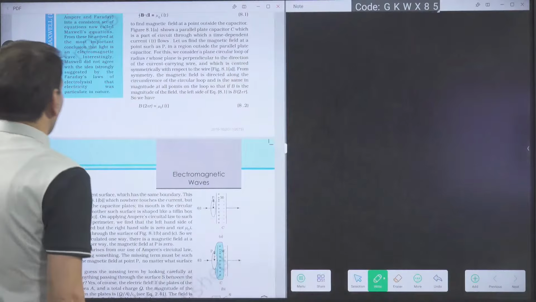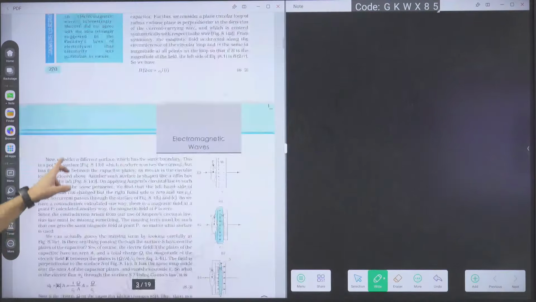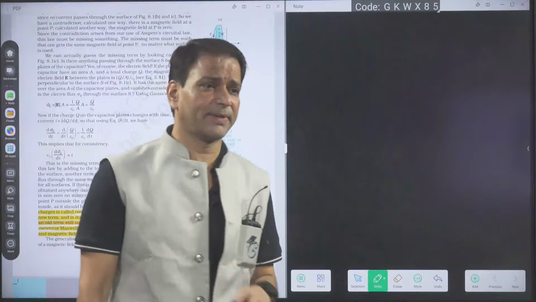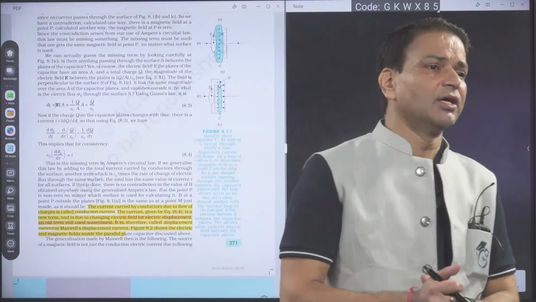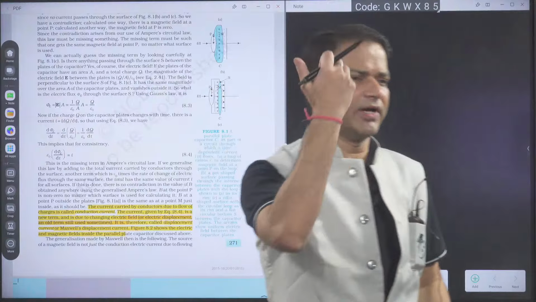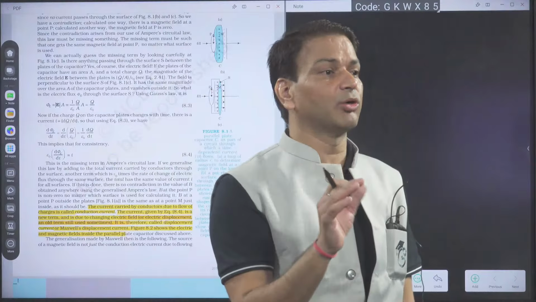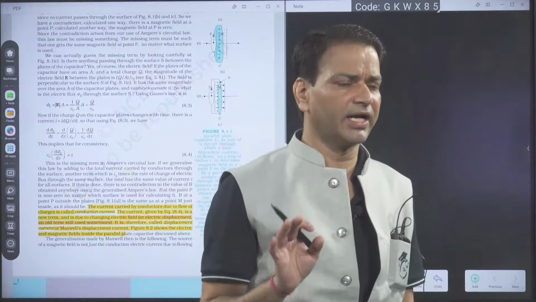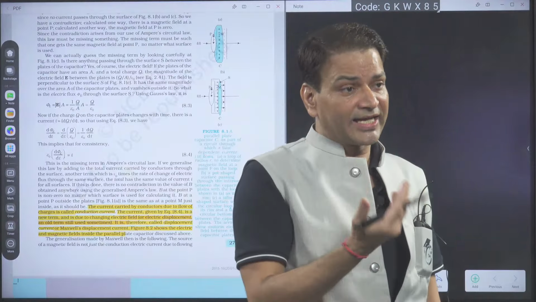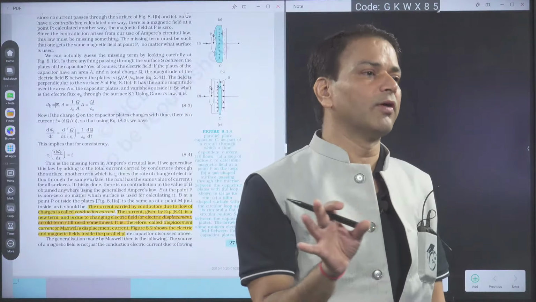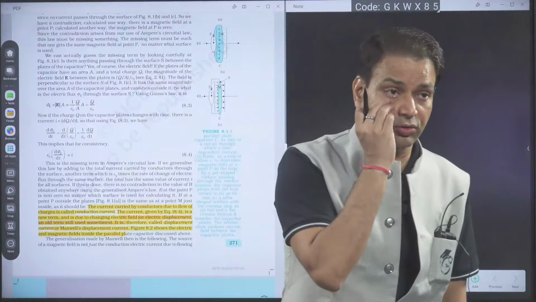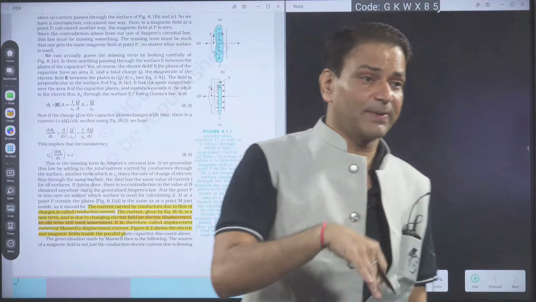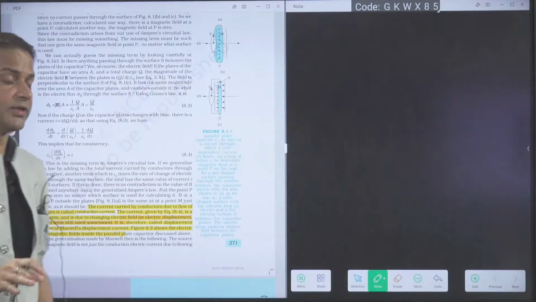Okay. Next thing, the concept of displacement current. Why have we introduced the concept of displacement current? What is the displacement current? Up to current electricity, and up to magnetism also, we were always talking about the current. We were never even using the word conduction current. We were saying current. That current we take as a conduction current, because it is due to the flow of the charge. When the current is due to the flow of the charge, it is a conduction current. What is the displacement current? Why do we introduce it, and what is the meaning of that?